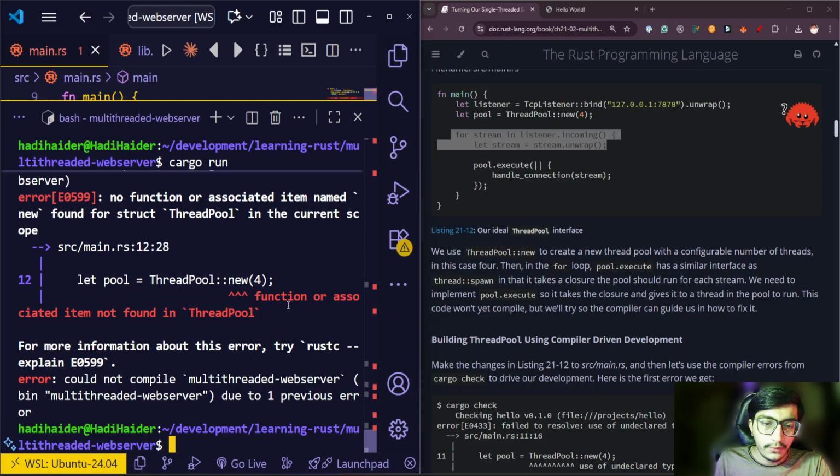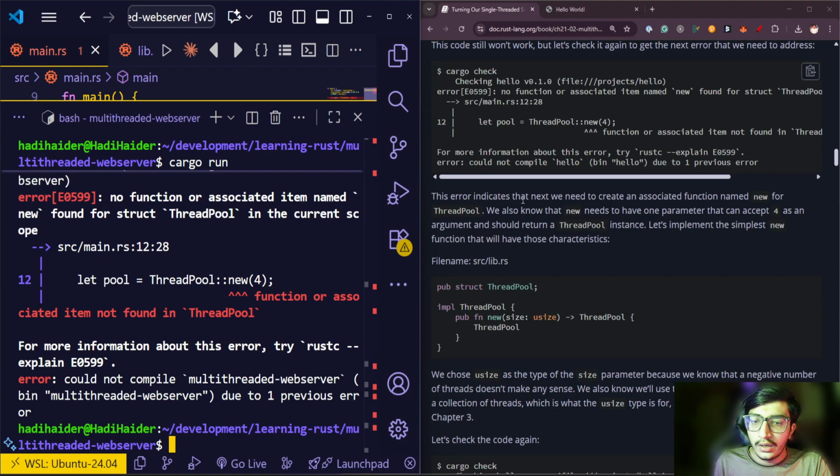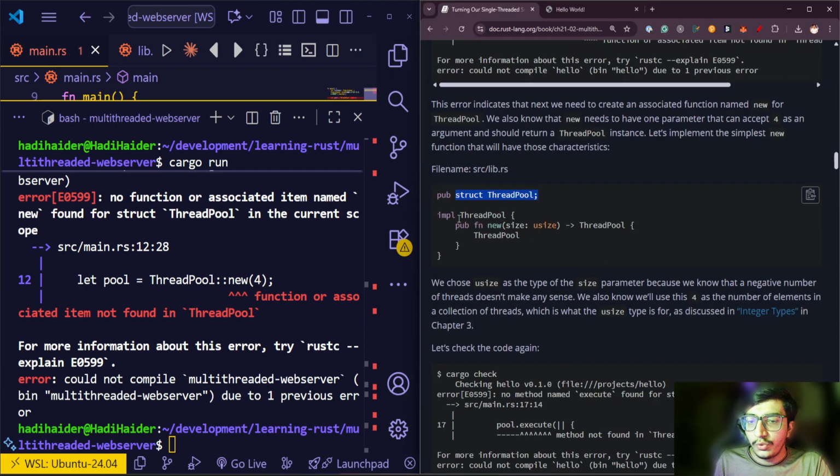Here you can see "function or associated item not found in ThreadPool", the new implementation, the method. So here you can see pub struct ThreadPool, and now they are implementing the new function, which will return the ThreadPool, meaning the struct. So let's say